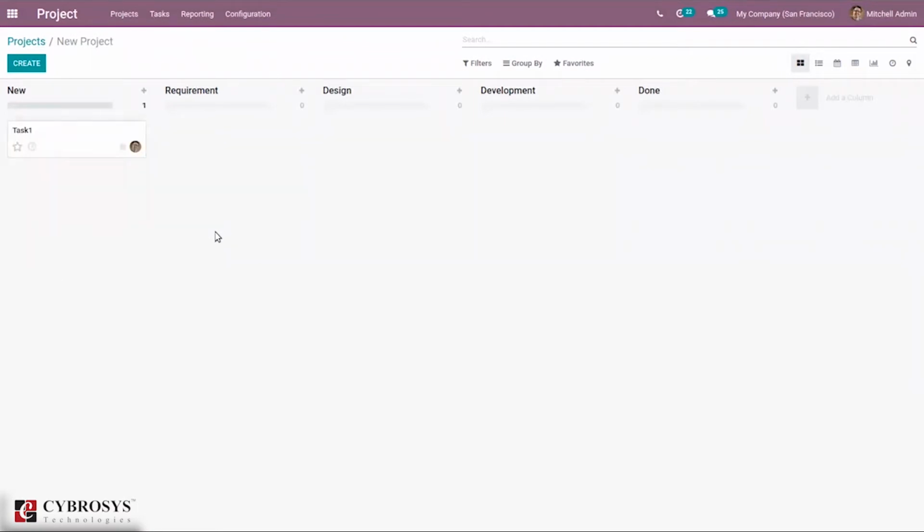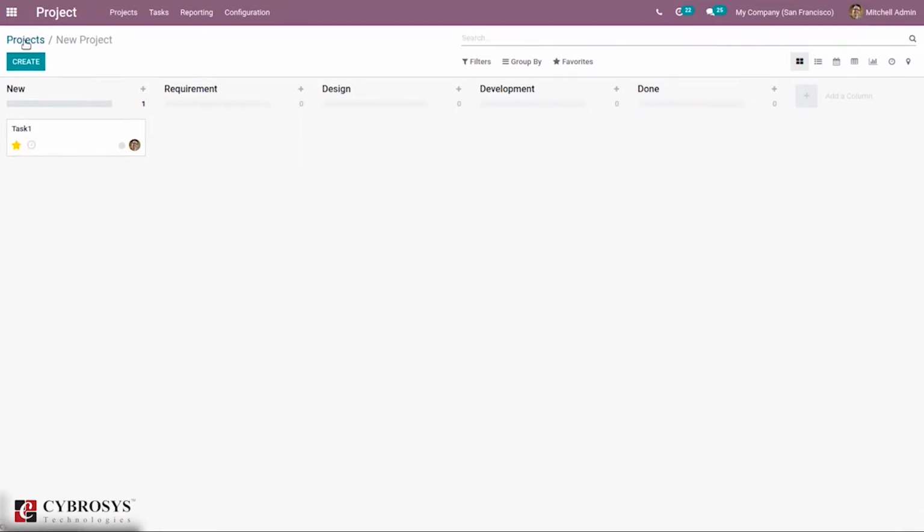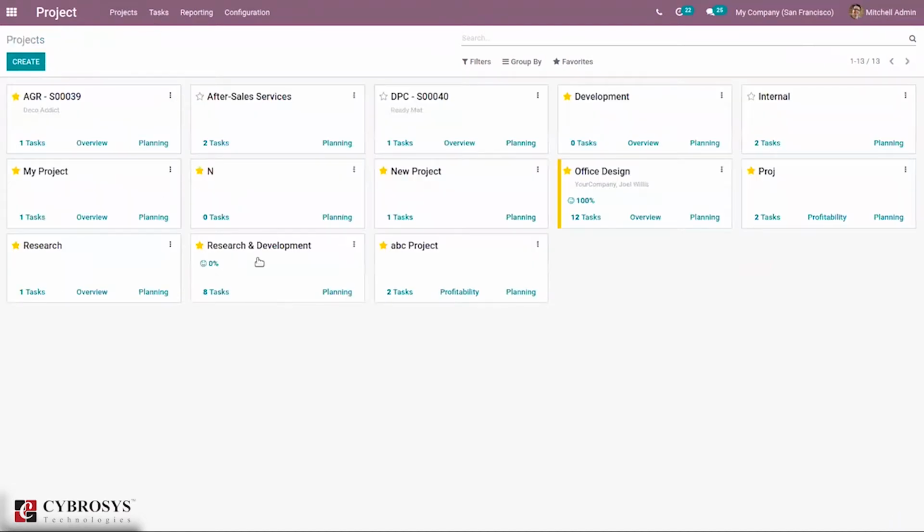Here you can mark this as an important task by clicking the star. Again, you can click create new task. After that, you can see the project is created, new project, and one task is created for the project, and you can see the planning. But you can't see the overview.